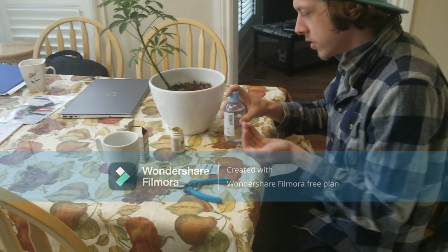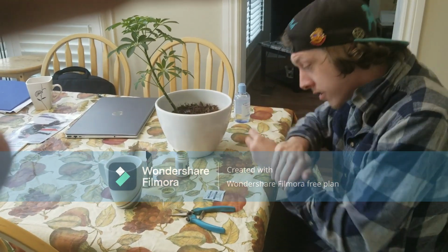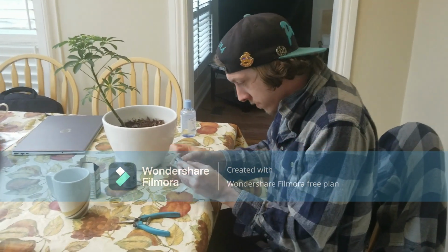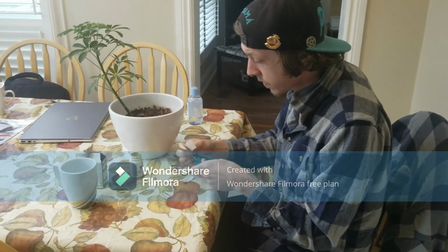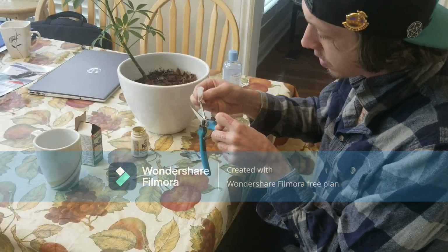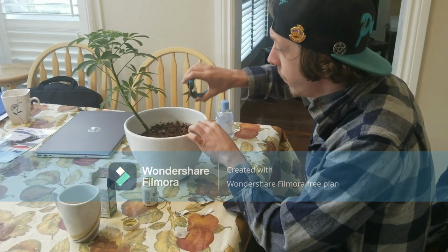Alright, step one, you want to sanitize your hands, make sure there's no bacteria on it. We want to keep everything sterile. So we're going to sterilize our snips as well using an alcohol pad, 99%, I believe it is, or you can use isopropyl as well to sterilize your snips. We don't want to get any infection to our plant when we cut off